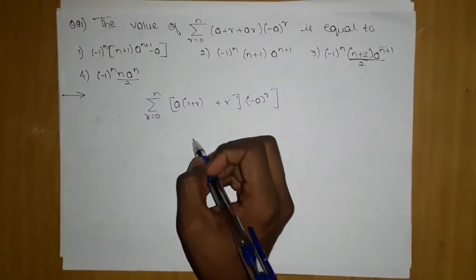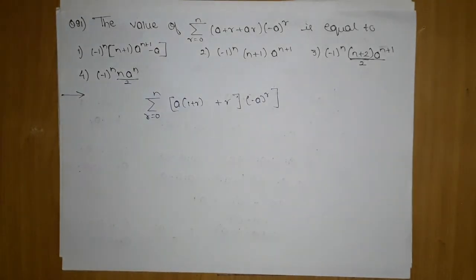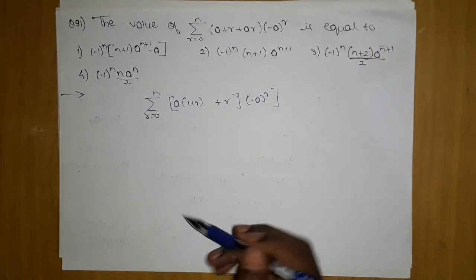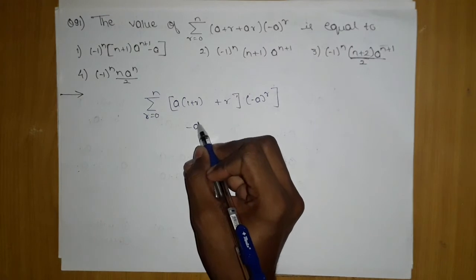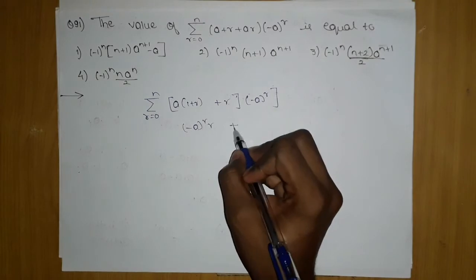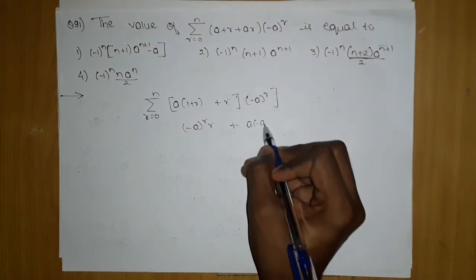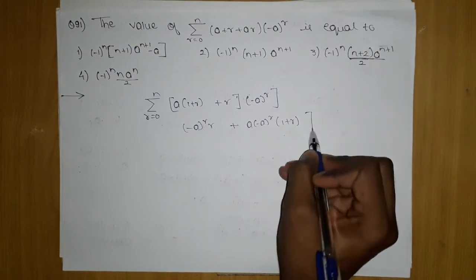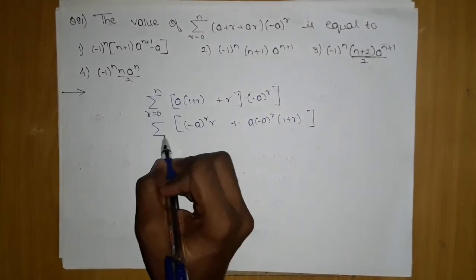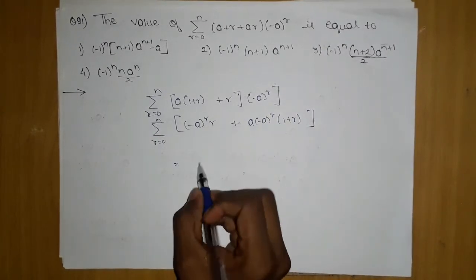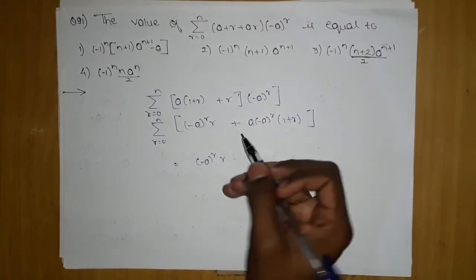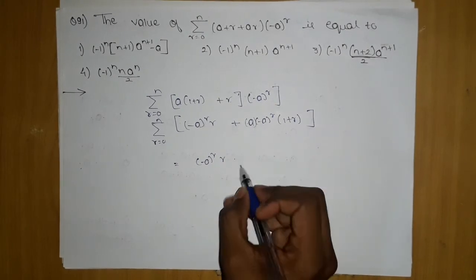For that we can do one basic thing. Since r is multiplied, there is nothing we can do here to create a minus, but we can create minus using this, like minus a into r. This will be the same: a into minus a into r into 1 plus r. Now we want to create a minus here, with the summation still outside, r equals 0 to n. So minus a into r into r, I will remove the minus from here, so here it will become minus a. Hope you have understood.